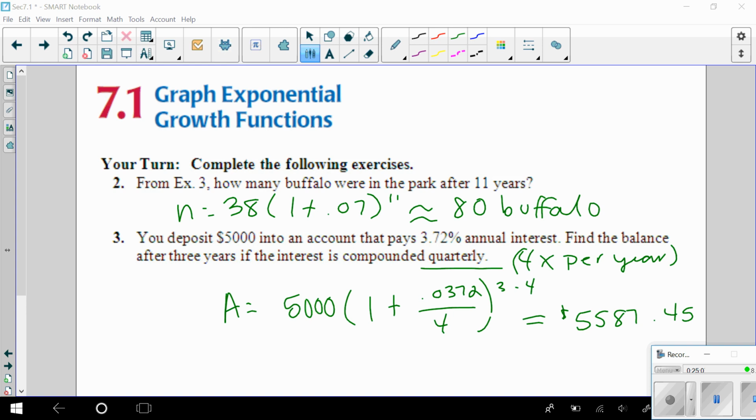And in our second example, our principal amount is $5,000, 3.72% annual interest is in decimal form 0.0372. And we're looking for the balance, or A, after 3 years if it's compounded quarterly. Quarterly means 4 times a year. There are 4 quarters in a year. So after 3 years, we would have